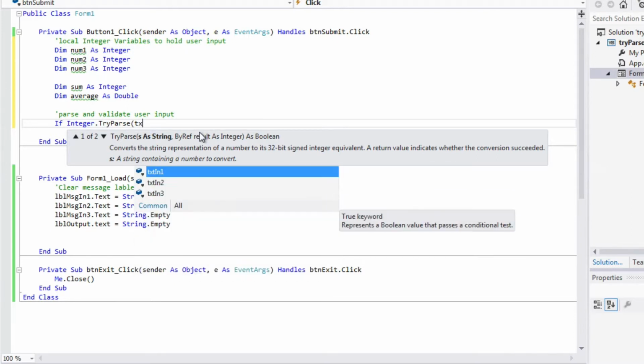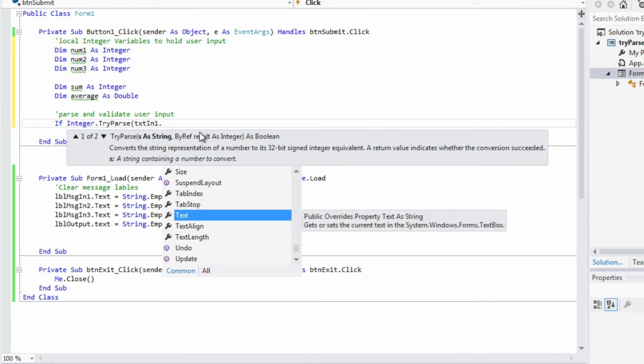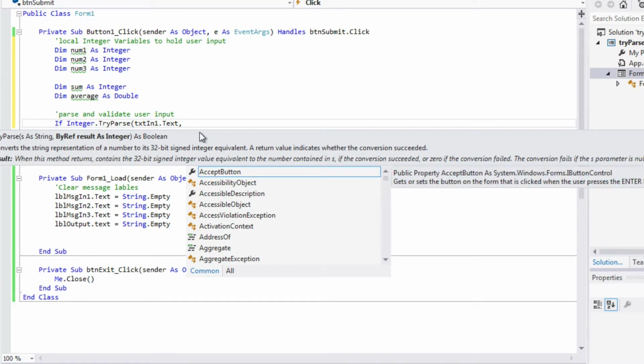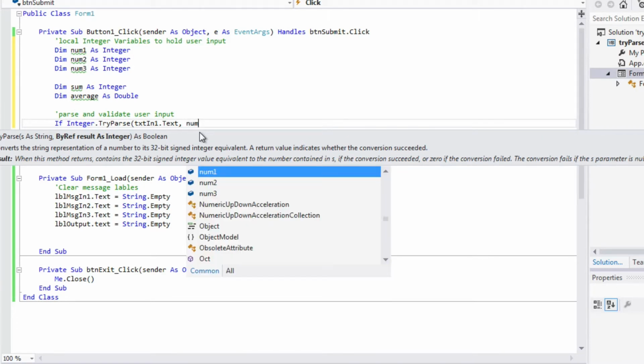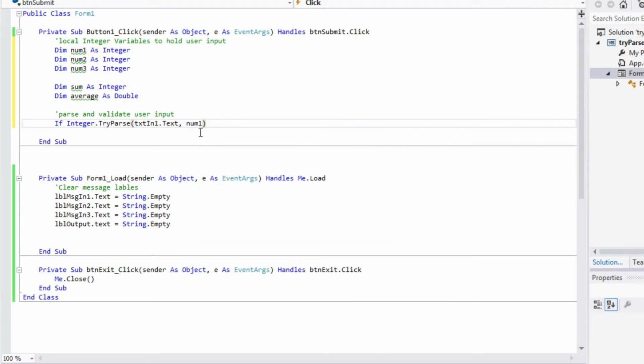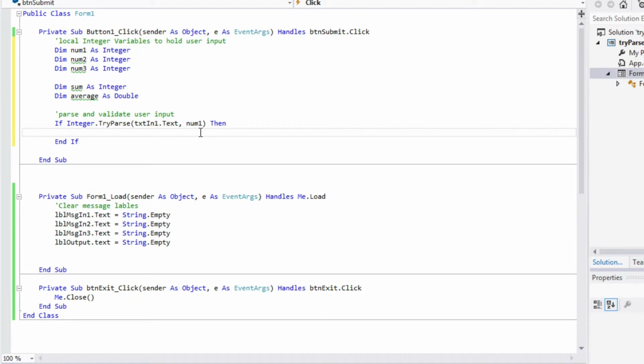Now the text box is txt in 1, and the text field is .text. So that's the string that I'm going to try and parse, and num1 is the buffer that I will put the result in if I'm successful. Okay, so if I'm successful parsing that first one,